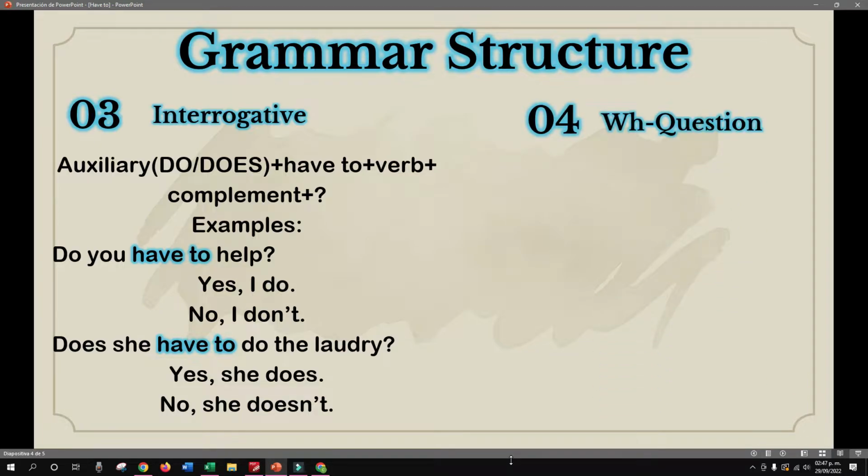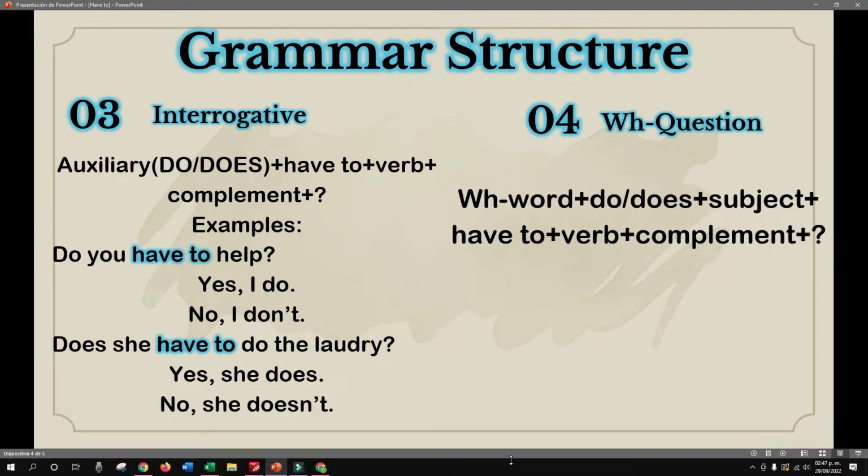What about WH questions? First, the WH word, which, what, where, etc., right? Whatever you want to use. Then, the auxiliary do or does, right? The subject plus have to plus the verb, the complement, and the question mark. Yes? So, there you have